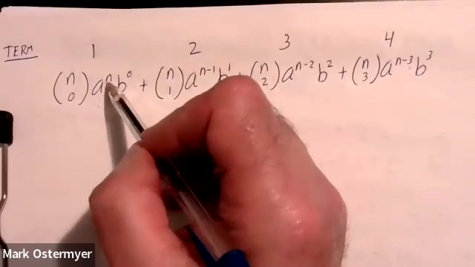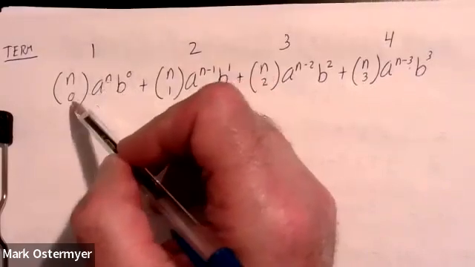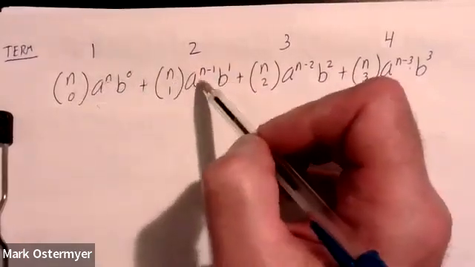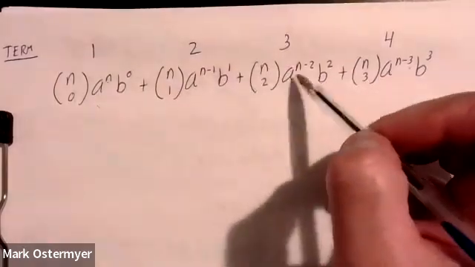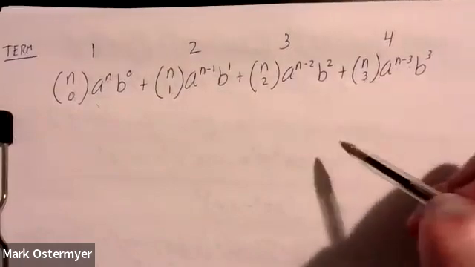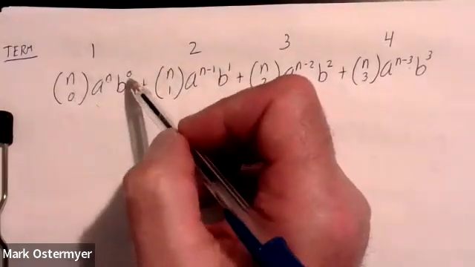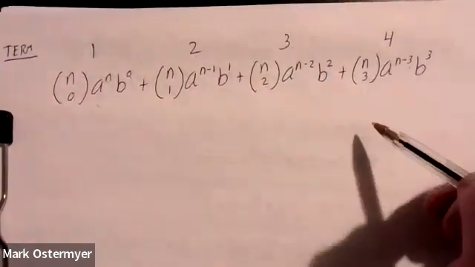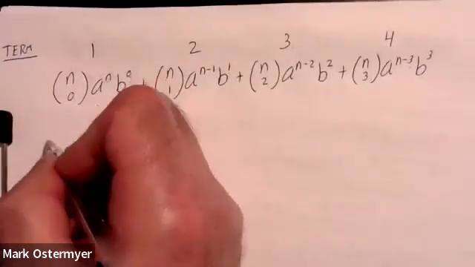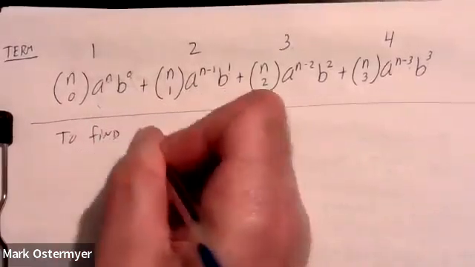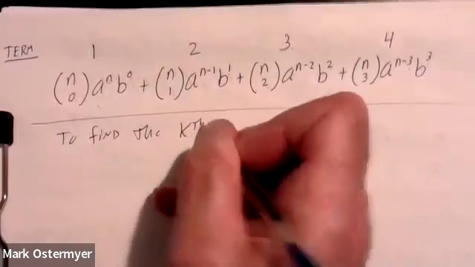Notice n is subtracting off what r is in each term. N minus 0, n minus 0. N minus 1. N minus 2. N minus 3. Notice the power on b lags 1 behind the term. 0 compared to 1. 1 compared to 2. 2 compared to 3. 3 compared to 4. So there's how we can develop this very important little formula to find the kth term